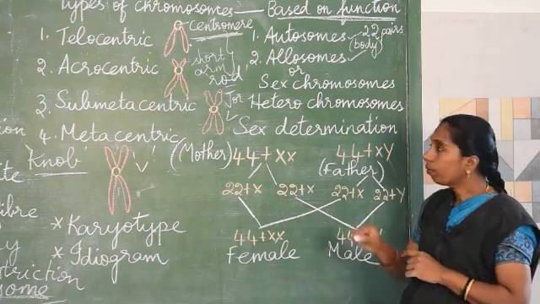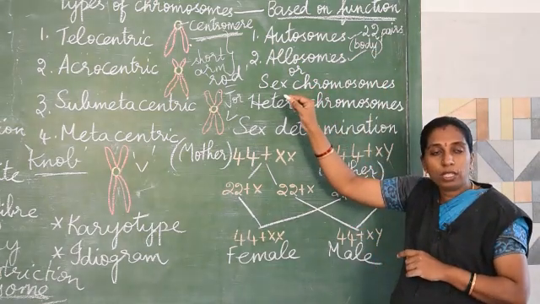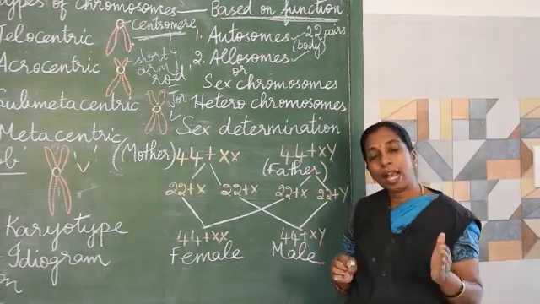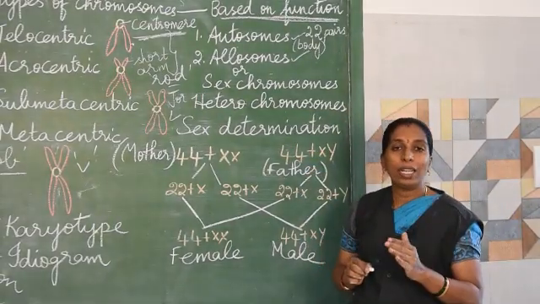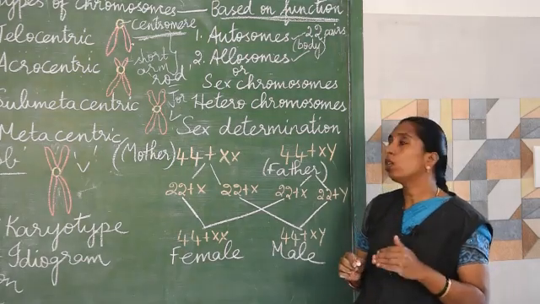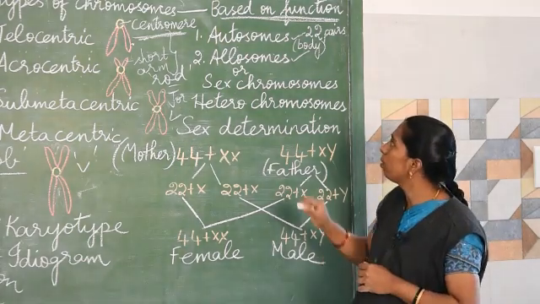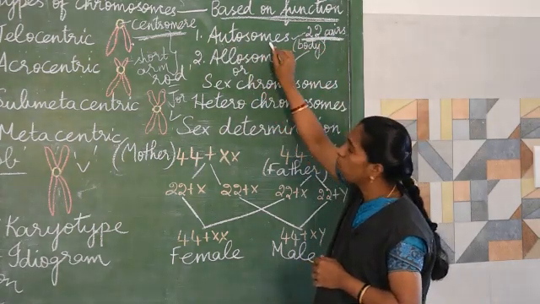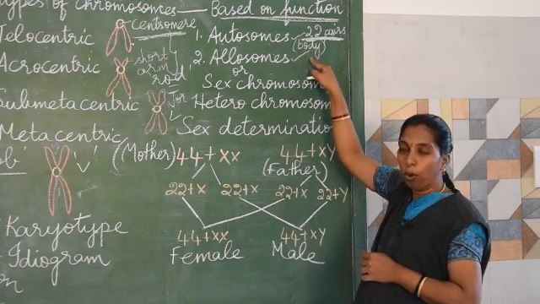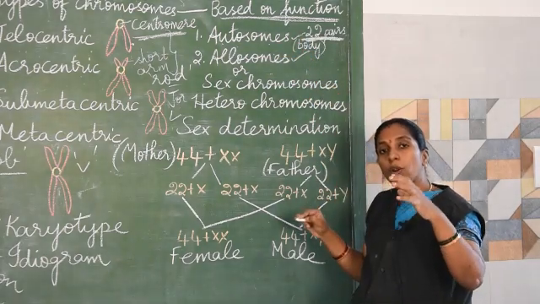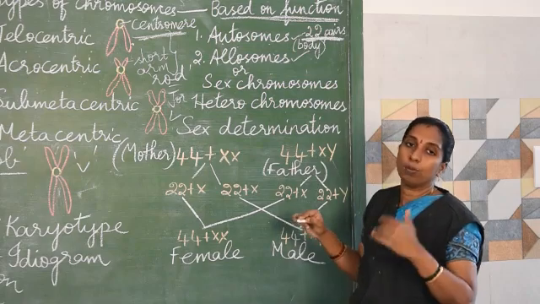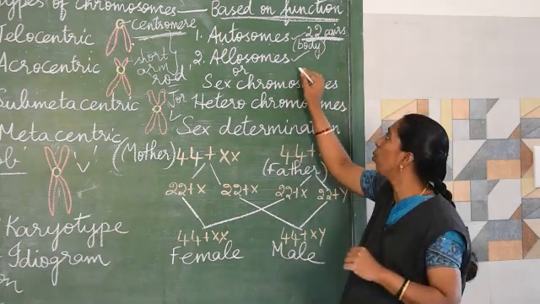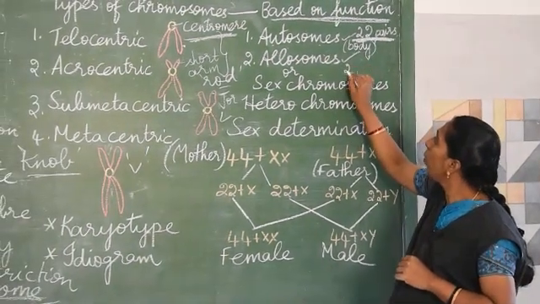So here, in human beings, we have 46 chromosomes, or in pairs we can call it 23 pairs of chromosomes. Out of these 23 pairs, 22 pairs are called autosomes or body chromosomes, which are responsible for all the physical characters, and the last 23rd pair,